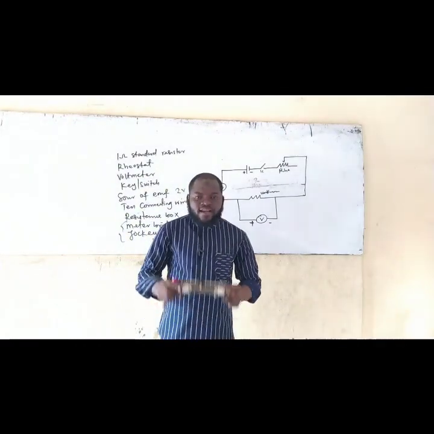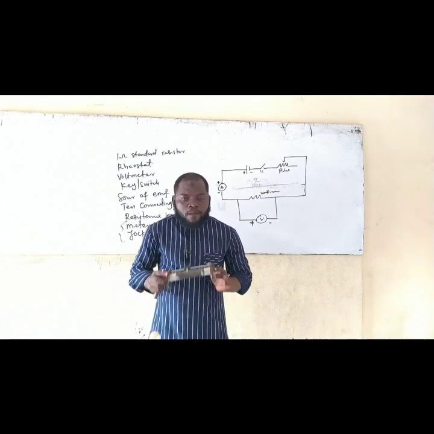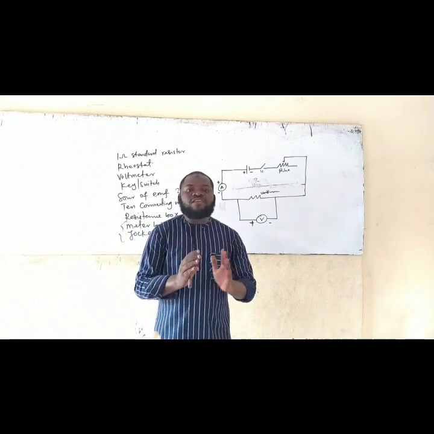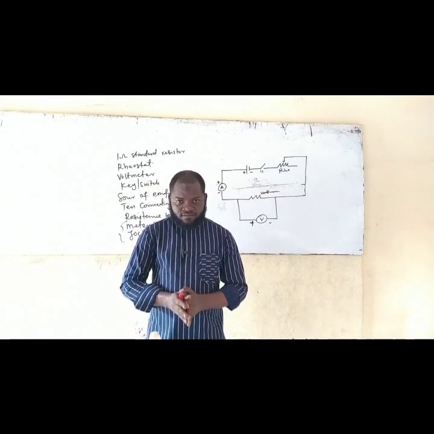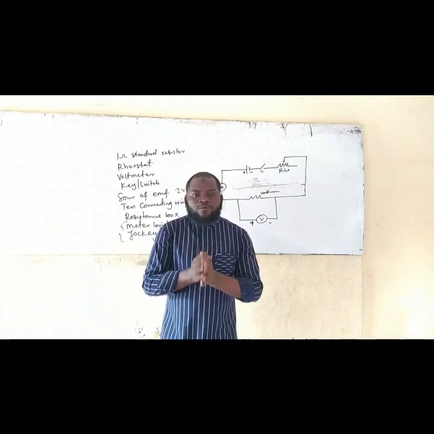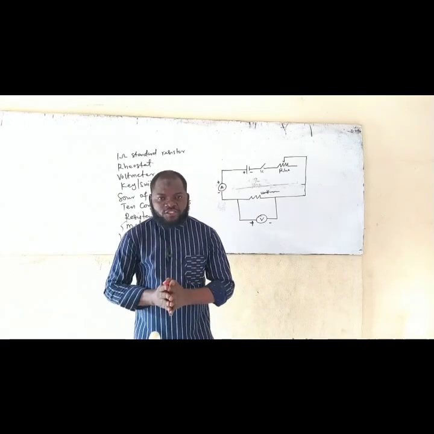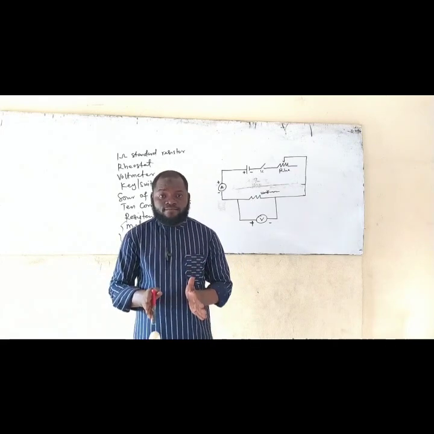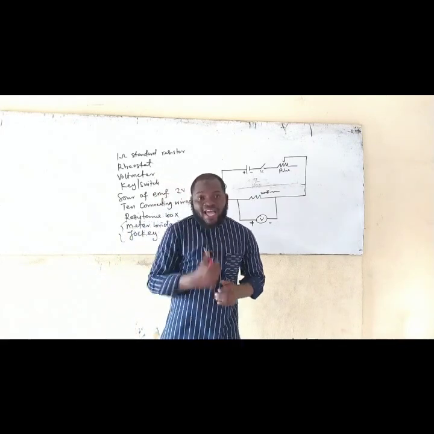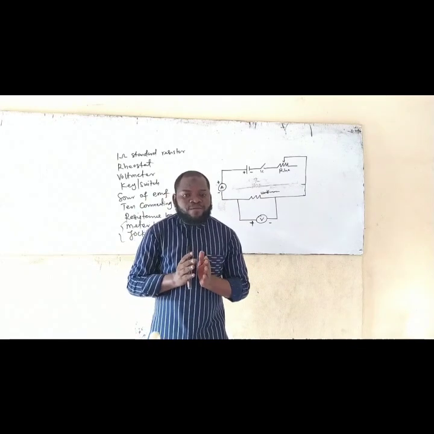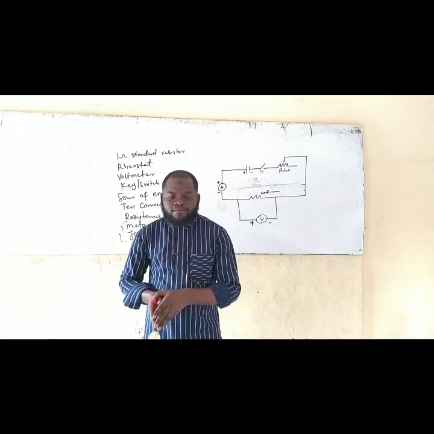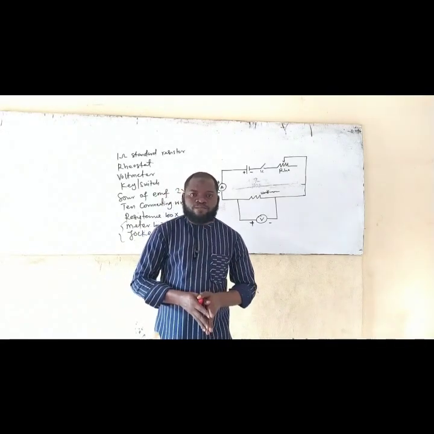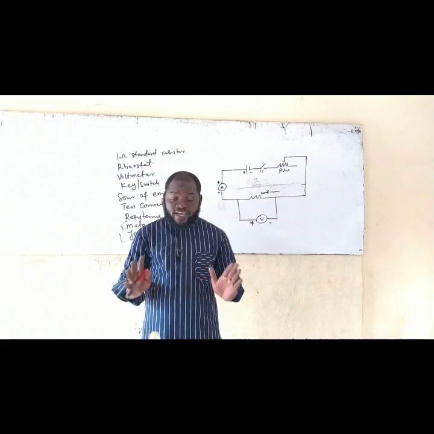So the next thing is to clean the terminal of this also. Make sure that all the apparatus you want to use, every one of their terminals is well polished. So once you are able to do that and you make your connection, you are going to have a successful reading. But if you don't do that, there may be a problem. It is a probability. The result might not be accurate. You might not have a result at all. Am I making sense now? And I hope you get me clear.